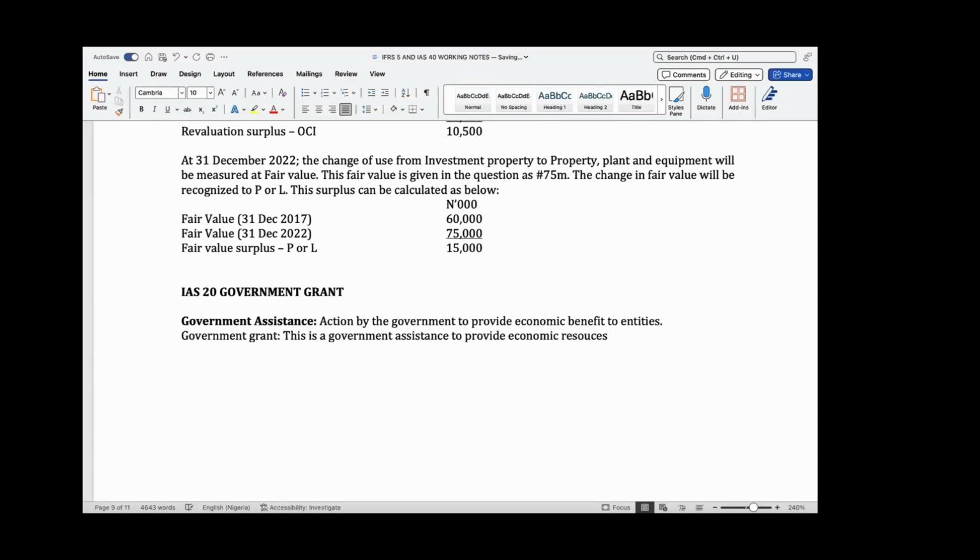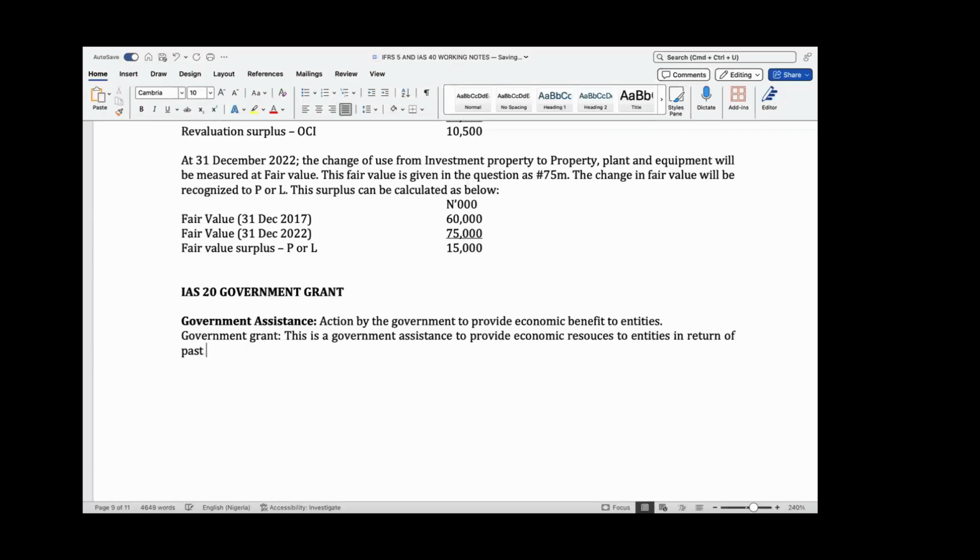So this is usually monetary. It's usually something that we can measure. That's what makes it a grant. This particular assistance is to provide economic resources to entities, and these resources are in return